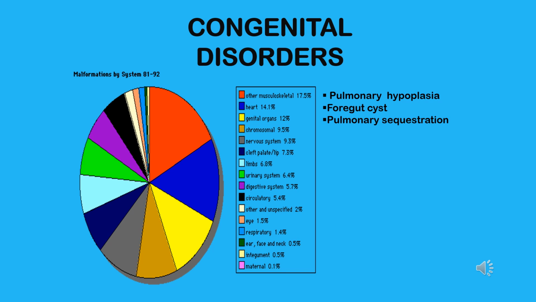Congenital lung disorders are rare. As you can see from the pie graph, they represent 1.4% of congenital disorders of the entire human anatomy. However, despite their rarity, they are considered important disorders because they may lead to considerable morbidity and mortality, such as infection, hemorrhage, and respiratory failure. Its prognosis would depend on the size of the lesion and the degree of functional impairment.